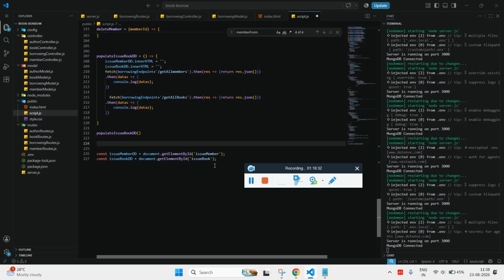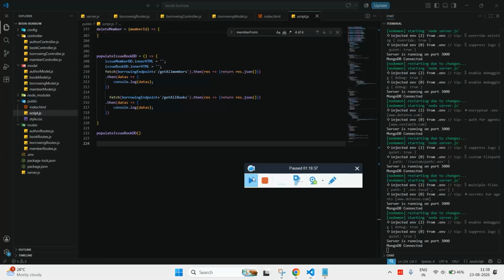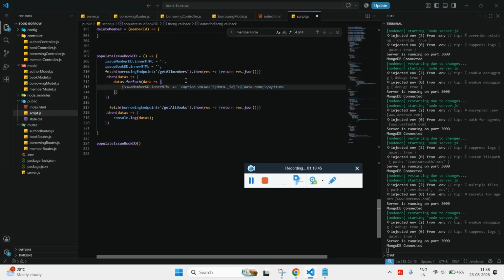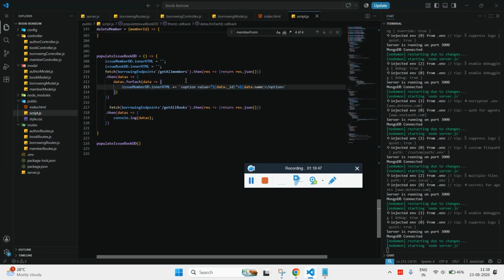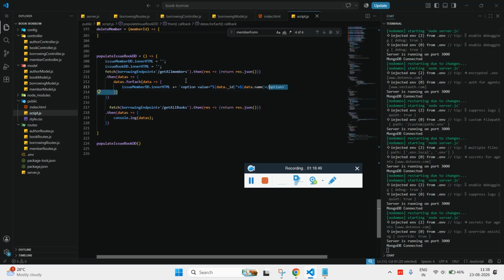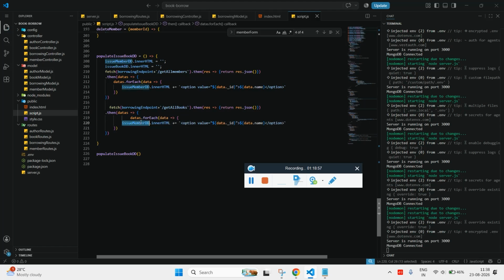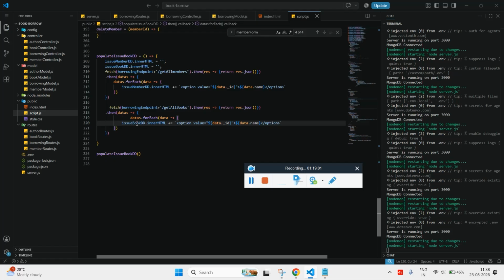So once we make this blank, what is the next thing? We need to populate them. So it's a for each, data.forEach, and then we need to populate the member dropdown, which we have already seen for the author. In this case, it's going to be issue book,